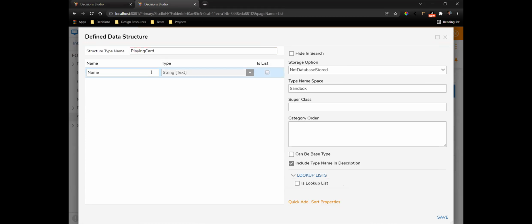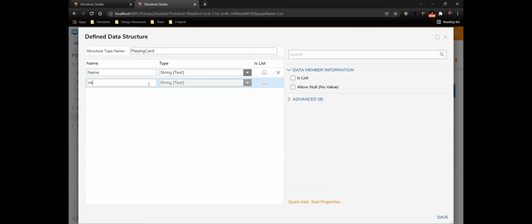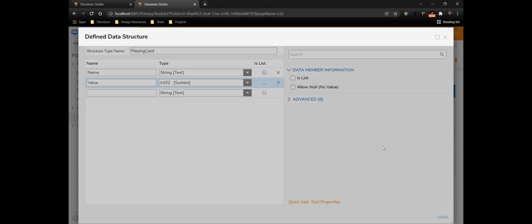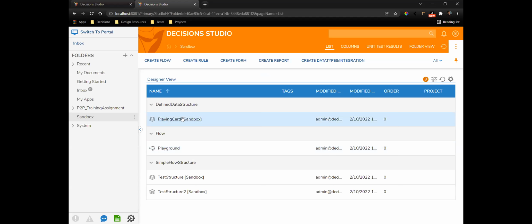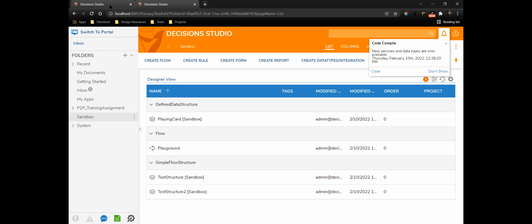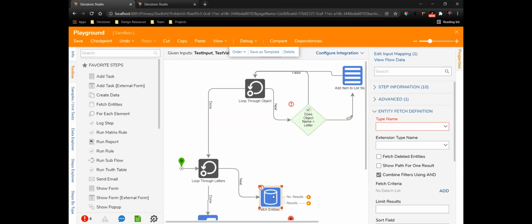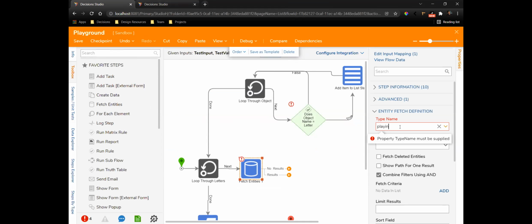This is going to be name, the value of that card. All right. So now I have that data structure that I can fetch. So I would say,